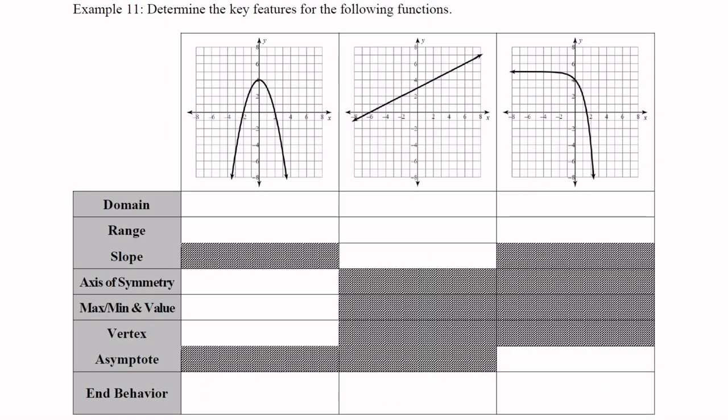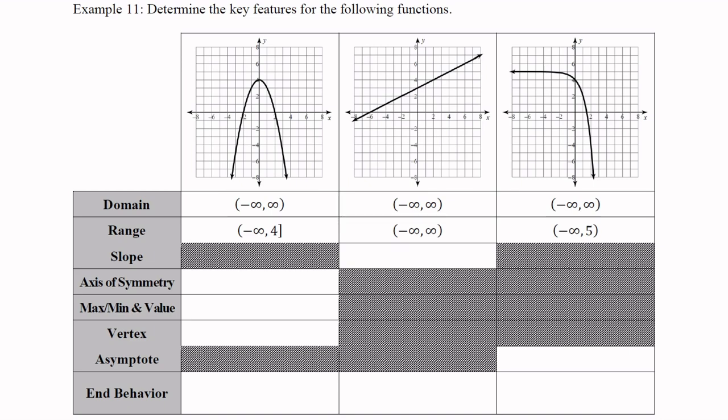For this last example in this little section, let's take a look at some unique features. So the domain, always going to be negative infinity to positive infinity for quadratics, linear, and exponentials. The range in the quadratic, negative infinity to 4. For the linear, it is from negative infinity to positive infinity, and for the exponential, negative infinity to 5, where